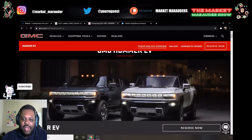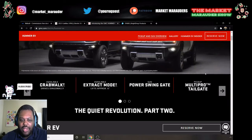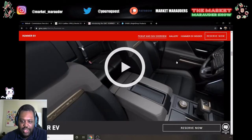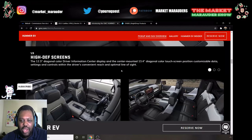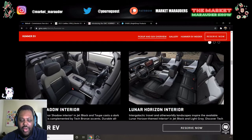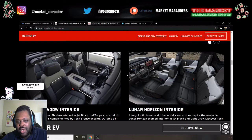Next, we have the new Hummer, so the GMC Hummer EV. Definitely a lot of talk about this one. Scrolling down on here, we can see this is the interior. Interior looks really nice. Nice rugged interior with this one, with a nice large screen on the inside as well. Now this is a pretty big vehicle, so as far as use case is concerned, I don't know if people are going to get this to be a daily driver, but I mean, people do get trucks and lift those,